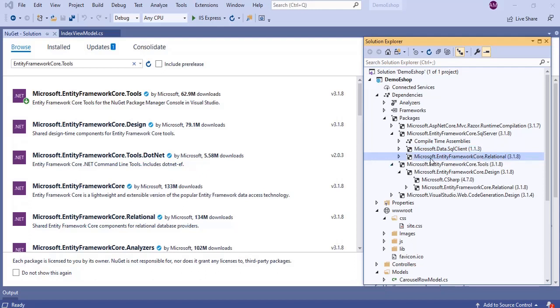This we never installed, but once you install this, it automatically gets installed. Here also we did not install the Microsoft.Entity Framework Core.design, but once you install Microsoft.Entity Framework Core.tools, automatically this Microsoft.Entity Framework Core.design will get installed.